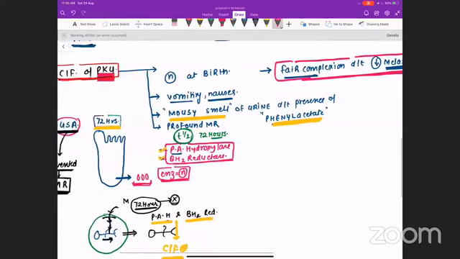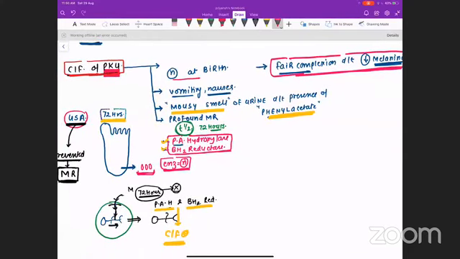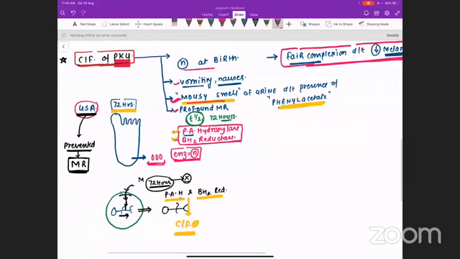But the rest of the 4 points I have explained in detail. The baby will be completely normal at birth, and there will be nausea and vomiting, but the more pronounced feature will be the mousy smell. That will give you a clear-cut hint, and there can be profound mental retardation if not treated early.